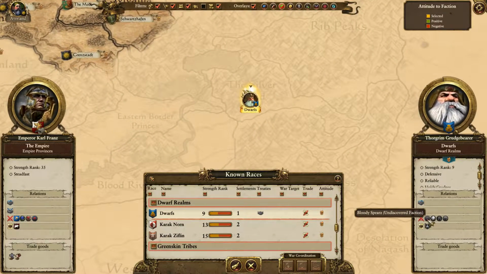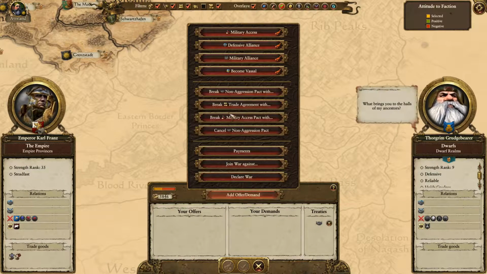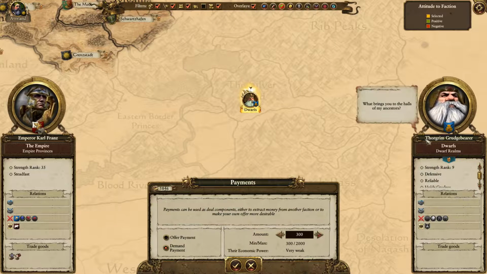And we could go ahead and see if we can buy some wars from the dwarves, because we're never going to see the greenskins, the red. We're never going to see any of these people. They are so far away, it's just not relevant. So let's just see if we can buy some wars here. And this will give us better relations with them. Okay, so let's try to get...